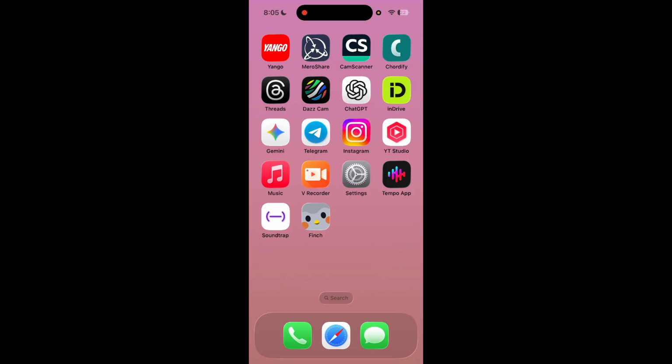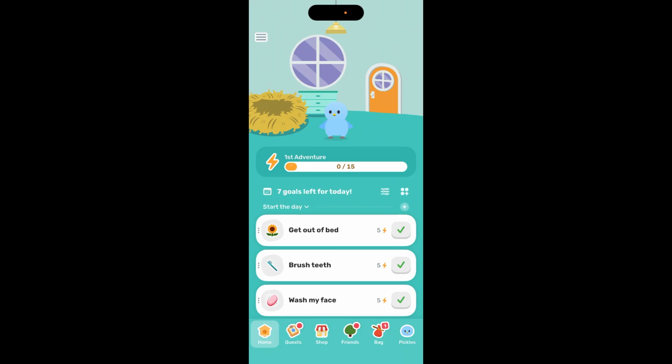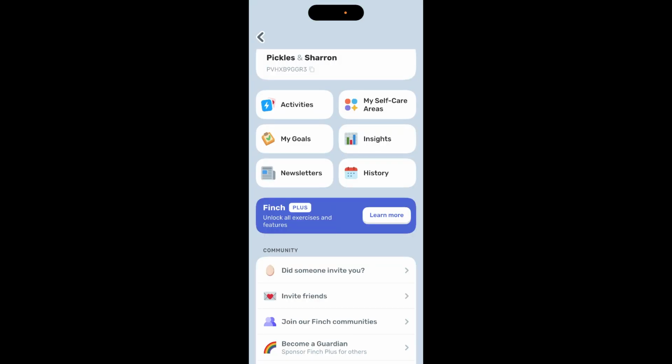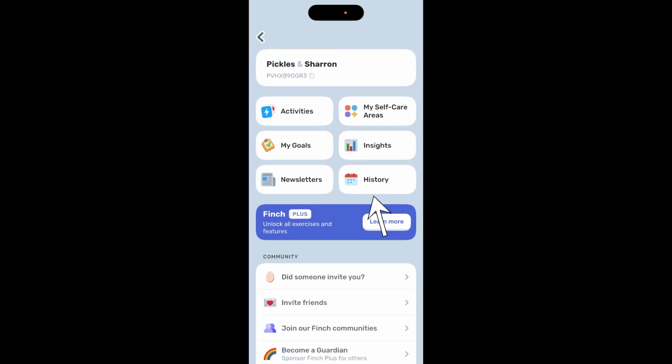So first you need to unlock your iPhone. Then open your Finch app and make sure you are logged into your account so that all your past data is visible. From the home screen you can tap on the top left corner icon, and once you reach the profile menu, scroll a bit down, or you can simply find History just beside the